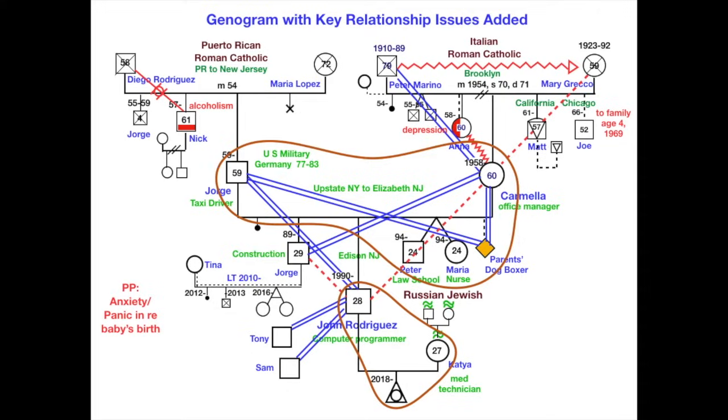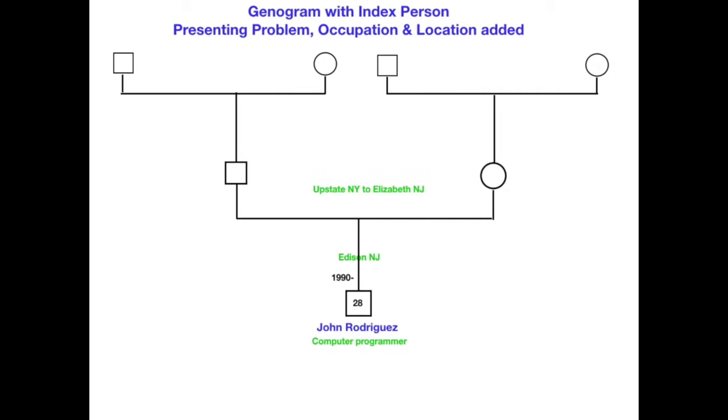The genogram we are using for this video is for John Rodriguez, who sought help in 2018 for free-floating anxiety to the point of feeling panicky and almost incapacitated. His anxiety focused particularly on his wife's pregnancy. Our presumption is that the genogram may help us develop some hypotheses about this anxiety to help him. He was having trouble sleeping and kept worrying that something would happen to the baby and he would not be